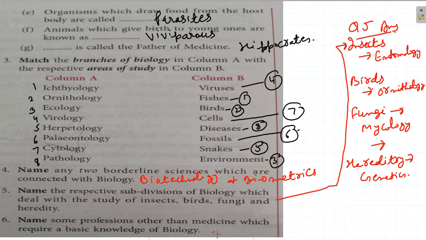Medicine is a field of health and healing, where biology is a natural science that deals with the living organisms. So the related professions to both of these are,